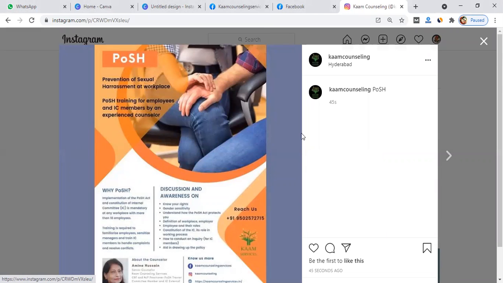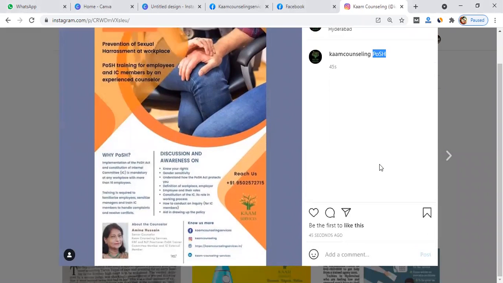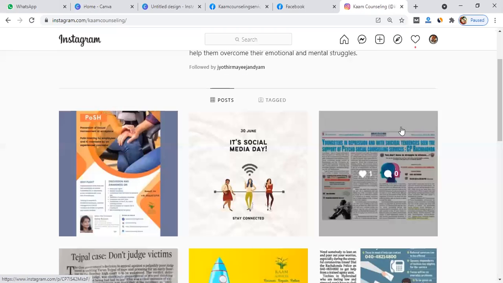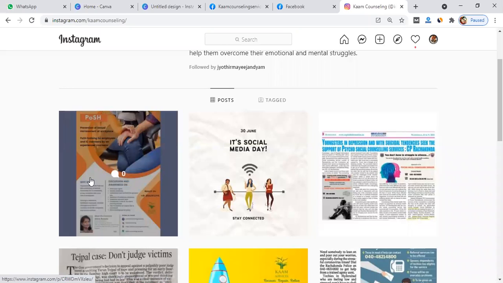Okay, whatever it may be. I just wrote the type of post only because I don't have the content now. So write some content and post it here. Without content, don't post anything. And include hashtags. You know how to include hashtags. Please do include hashtags also while posting on Instagram. Okay, thank you.